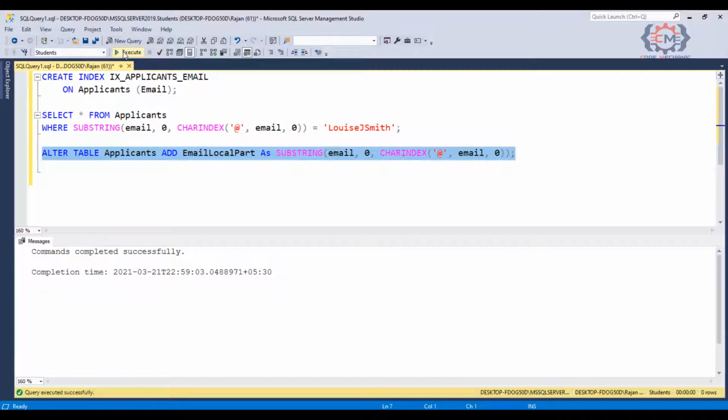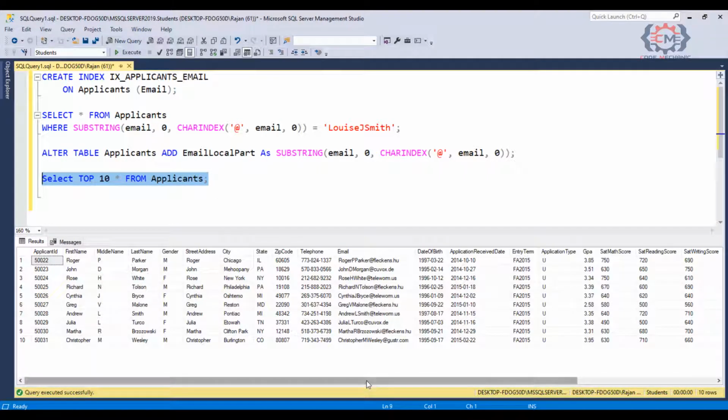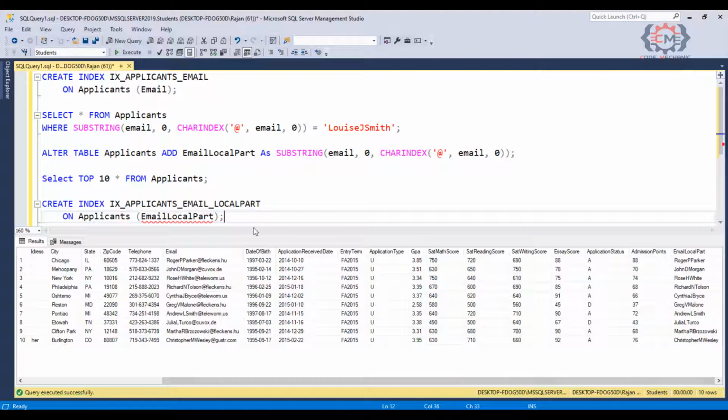And now that the column is created, I actually can query the value back out, and I will show those to you. If we scroll over here to the right, we can see our computed column on the right, and at this point what SQL Server is doing is just calculating the value on the fly when we request these rows out of the table in our query. Hence the name computed column.